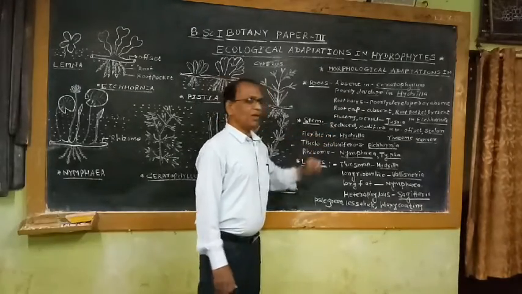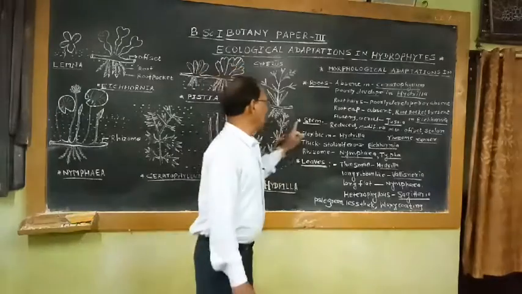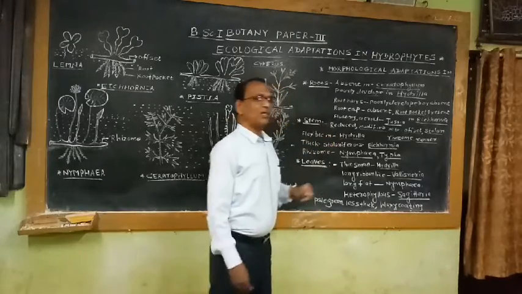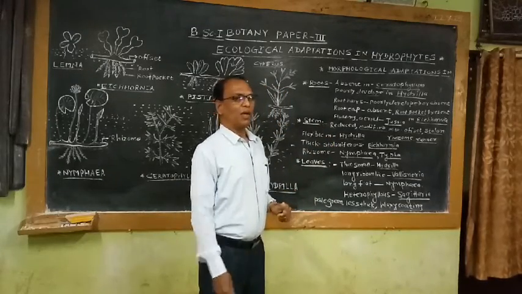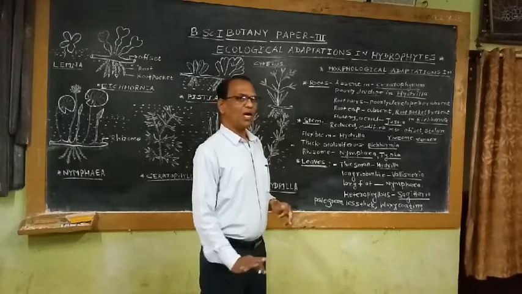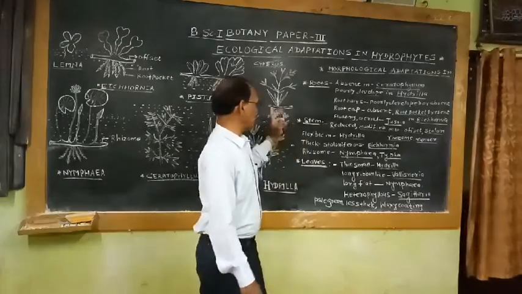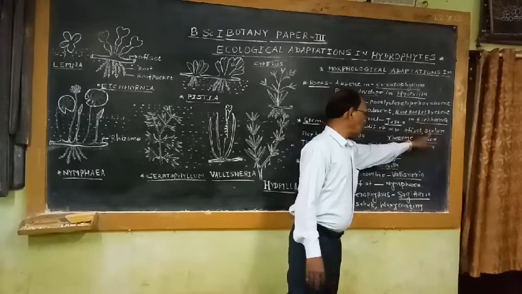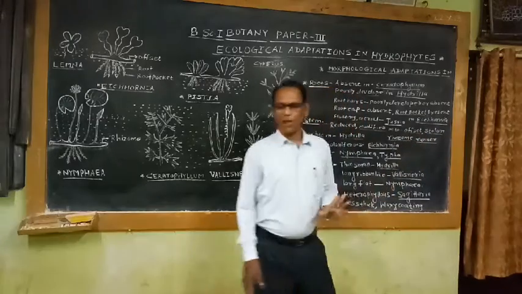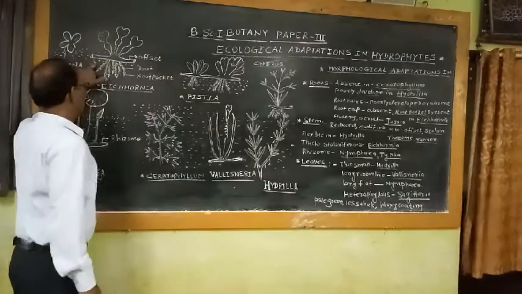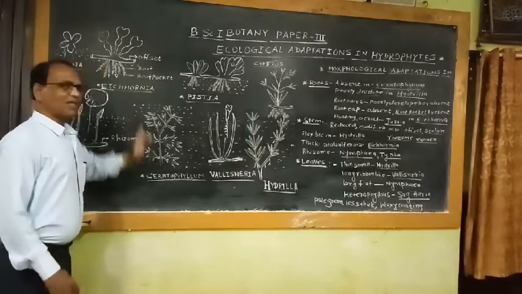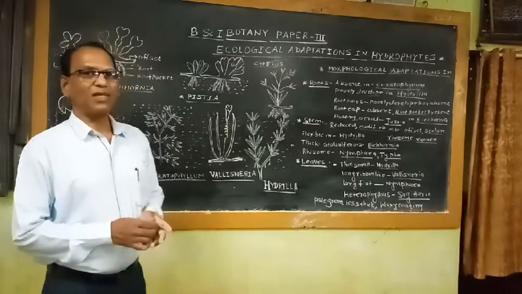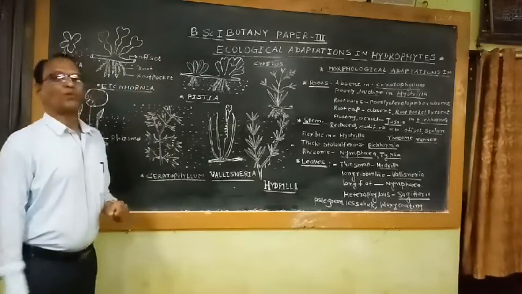Then, if we observe the adaptations shown by hydrophytic plants in the stem or shoot system, the stem in most hydrophytic plants is generally reduced. It is not woody, not extensively branched, not hard like in terrestrial plants or woody plants. It is modified into offsets, stolons, rhizomes or runners. For example, the stem of Eichhornia is generally horizontal, growing horizontally on the water surface. This stem is commonly known as an offset type of stem.